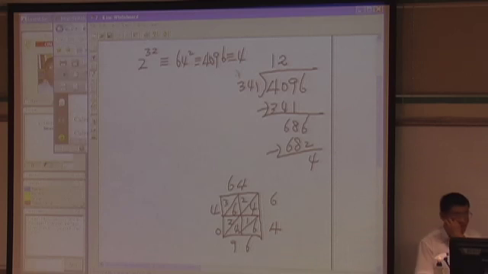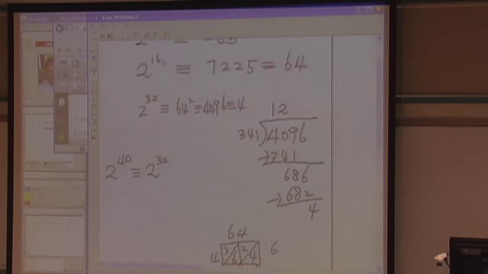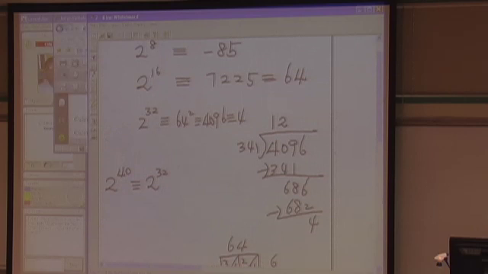Then we are almost there. 2 to the power of 40 can be rewritten by binary exponentiation. 2 to the power of 40 is congruent to 2 to the power of 32. We are using just this list. 16 is too big. If we had 16, then we cannot get that. So 8, right? 2 to the power of 8. Then 8, and then 32 gives us 40. This is it. So it is congruent to